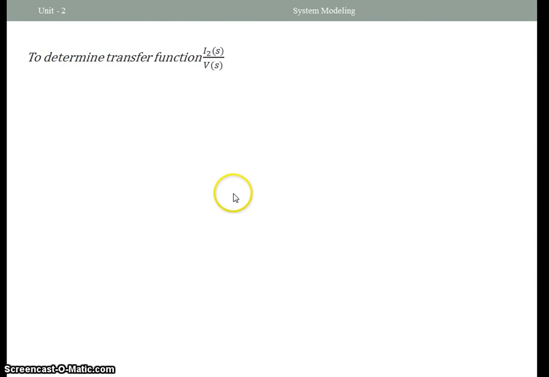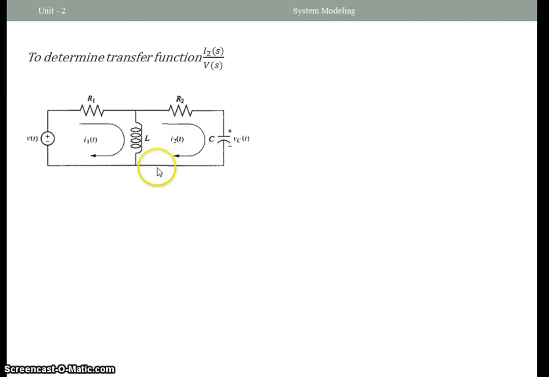So first, by the way, we would like to determine the transfer function I2 of S over V of S, and this is our circuit. Our loop currents are I1 of t, and in the second loop we have I2 of t. So to determine the equations, we will use loop or mesh analysis. So we will determine the equation in each loop. So the first loop,